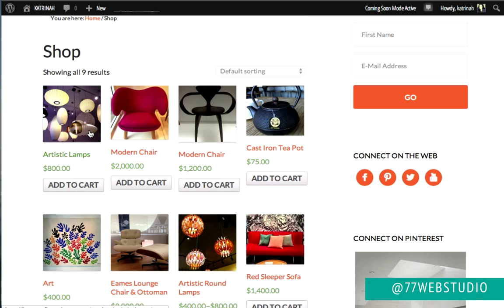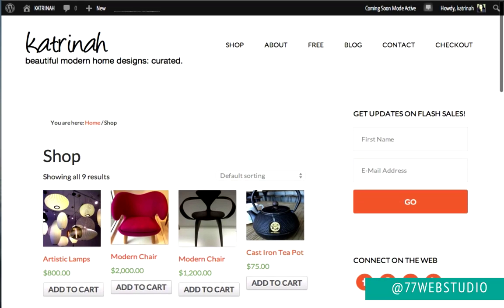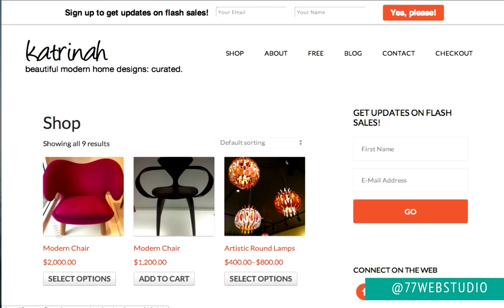I'd much prefer them to be larger, and instead of having 4 products going across, I prefer to have only 3 products. So in order to change the number of products that show up on a single row within WooCommerce, we're going to be adding another plugin to our WooCommerce WordPress website, so that when we're done, the end result will look something like this with 3 products going across, and the images will be much larger.